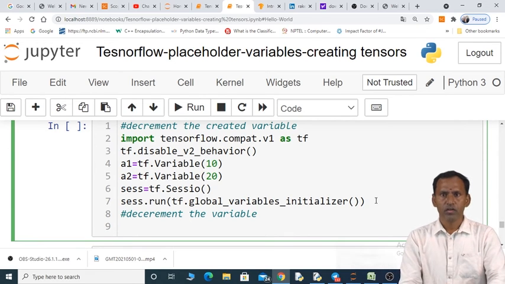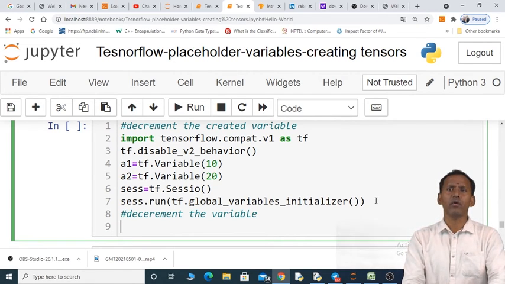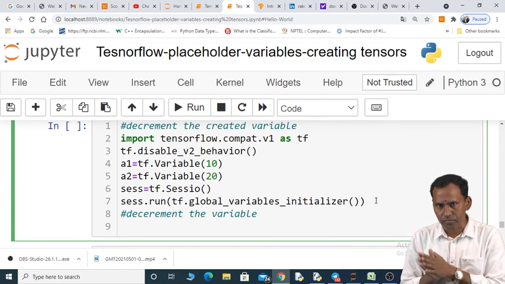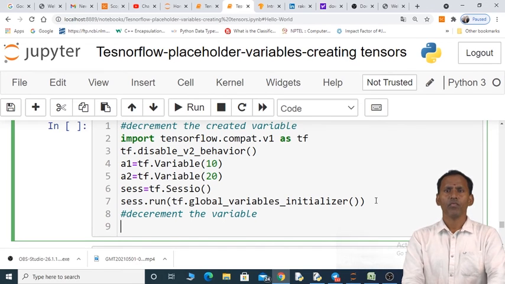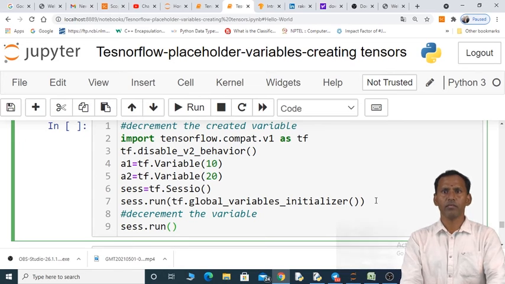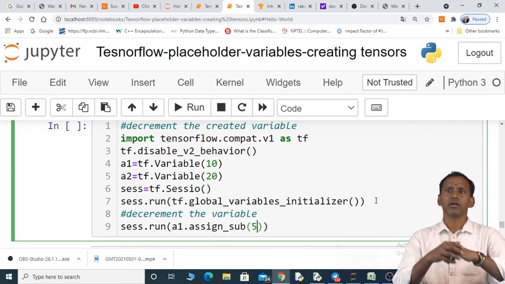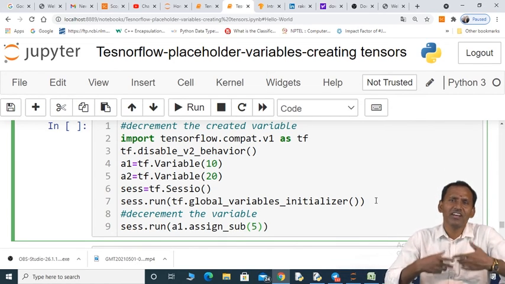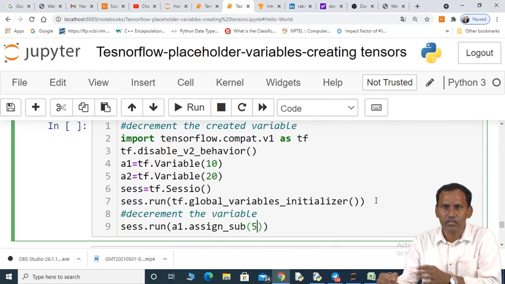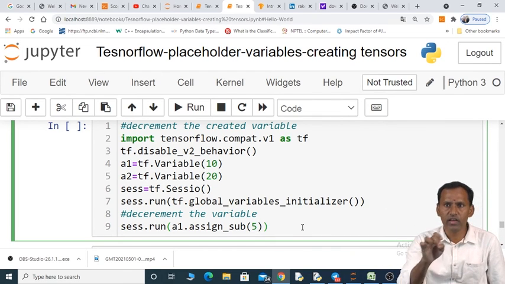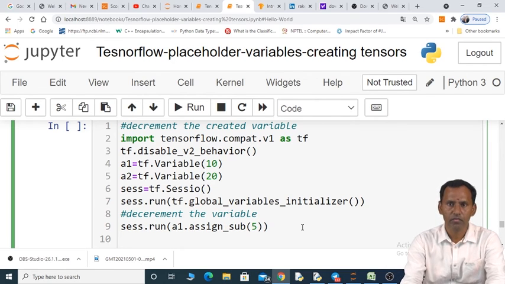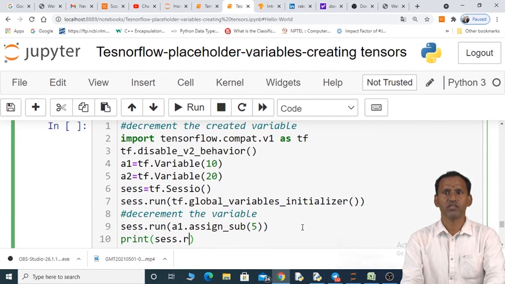First of all, I want to decrement the value of A1 by 5. The current value is 10. I want to decrement the current value of 10 to 5. So here sys dot run tf dot, the variable name is A1, so A1 dot assign underscore sub by 5. Now once you want to see its current updated value, print sys dot run.